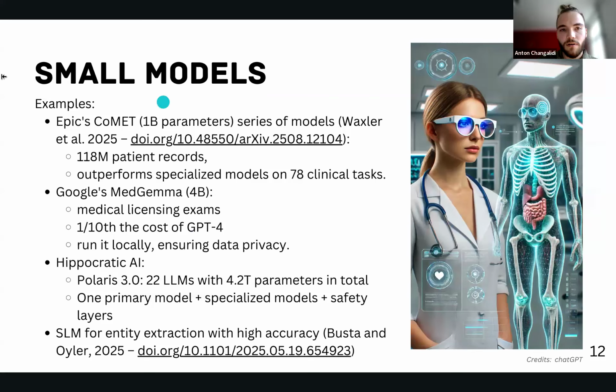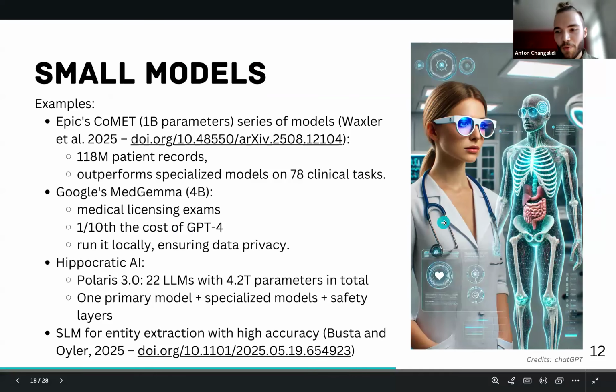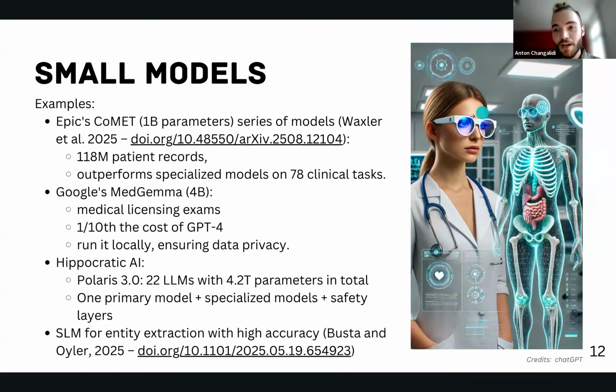Some examples of usage of small models. So first of all, this is my imagination of how it can be used in the future. We will have smart glasses, which also have some small language model or small vision model, and it can be easily run locally on the device and not make API calls. But more current examples are several small models which were trained specifically for specific tasks. So for example, this Comet model trained for like 100 tasks or so, and it outperforms general models on